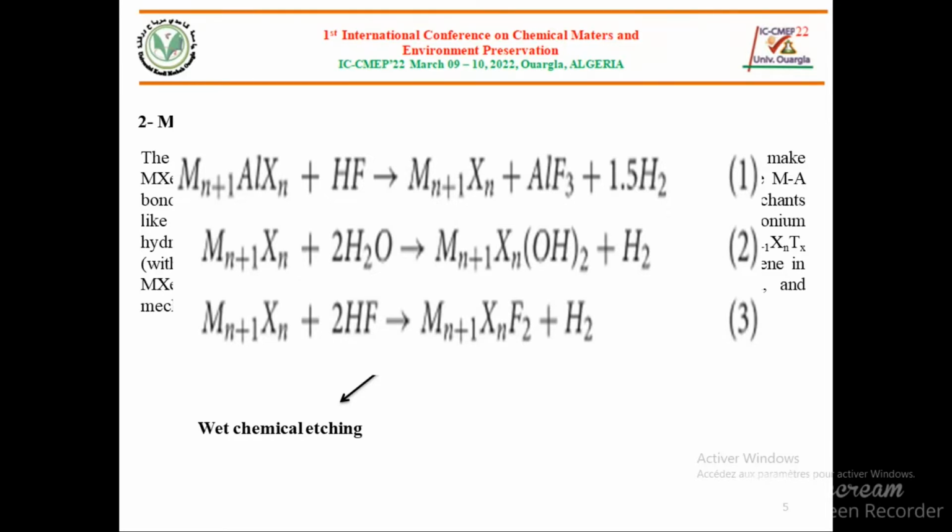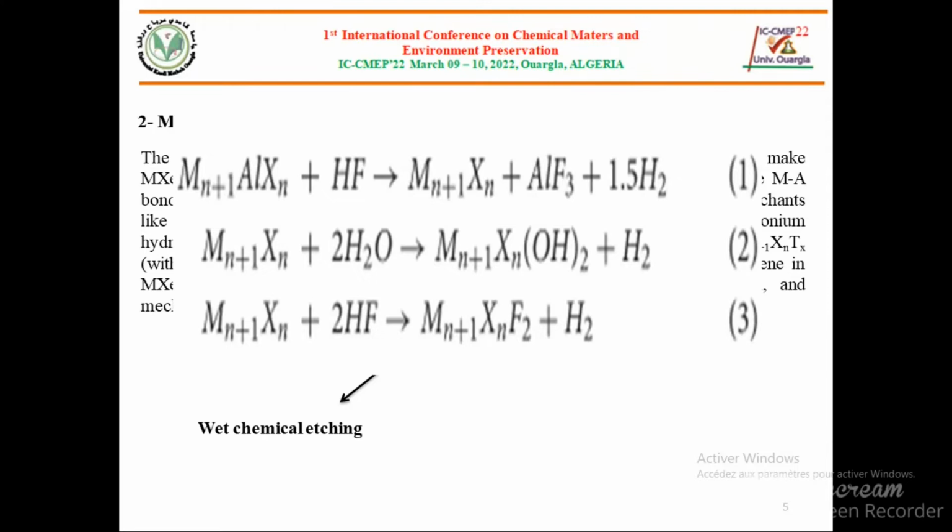The metallic M-A bonds break first. They are much weaker compared to M-X bonds, and F and Al ions form AlF3 with the release of H2. In this way, the Al layer is pulled out of the MAX little by little.